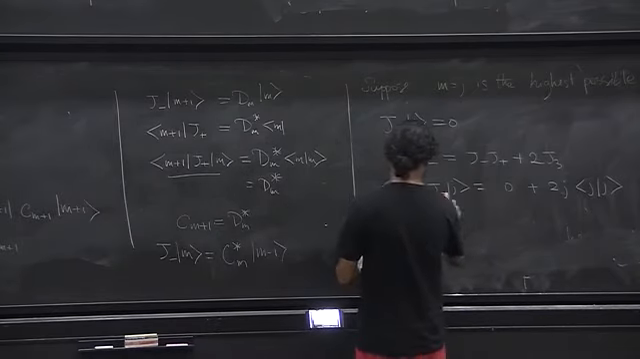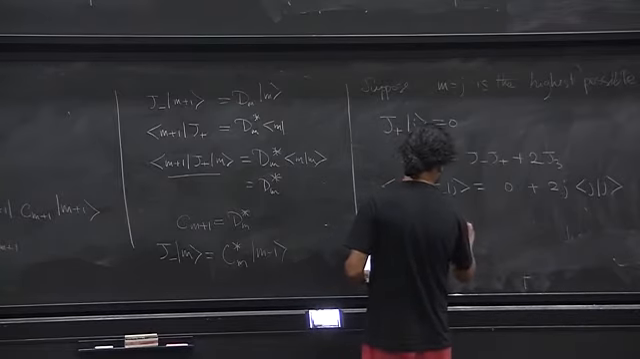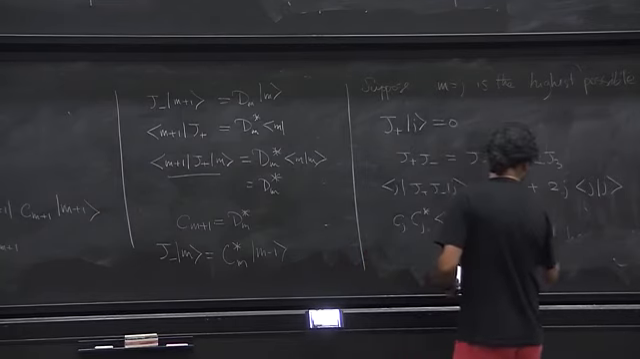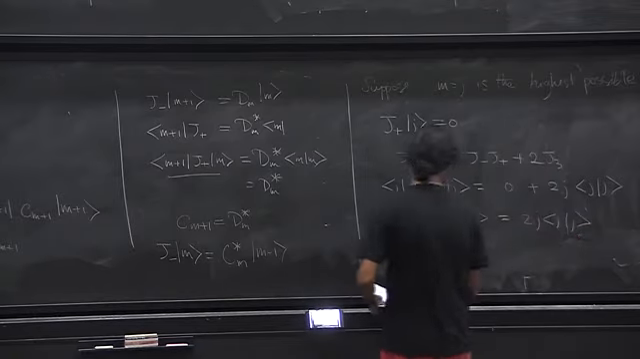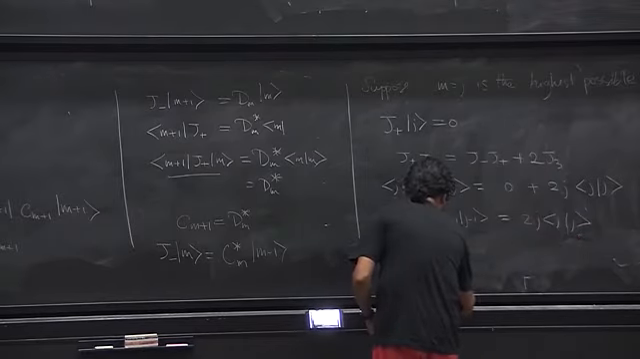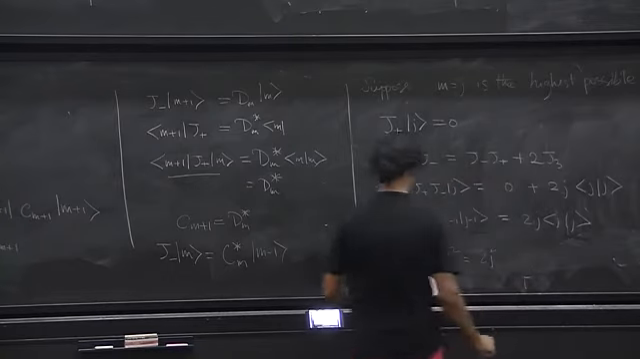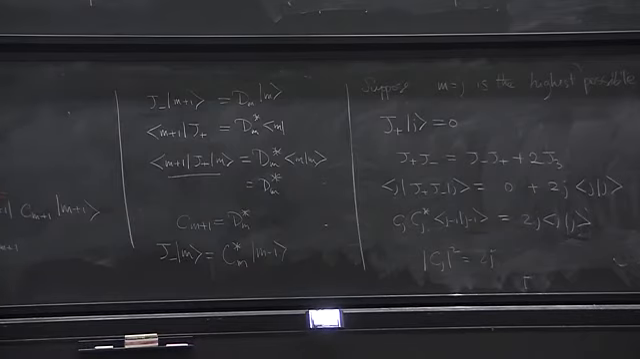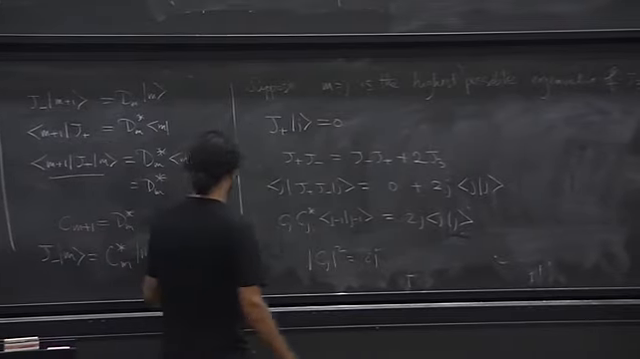So we get over here Cj star Cj times <j-1|j-1> is equal to 2j <j|j>. These guys are 1, so I get mod Cj squared is 2j. Okay, so we get one of the constants. But for generic values of m,